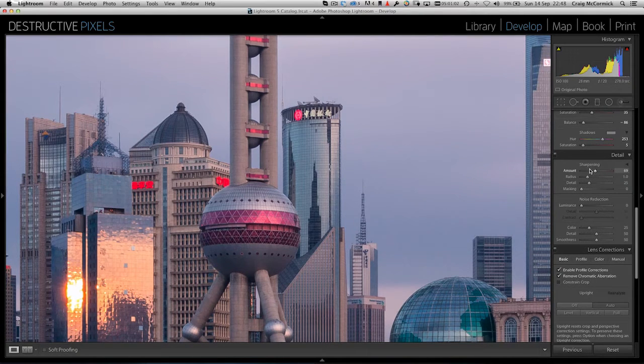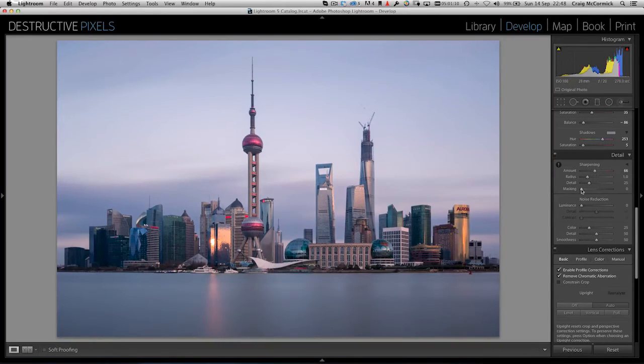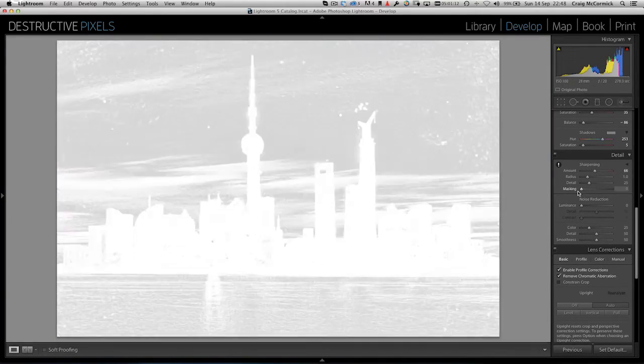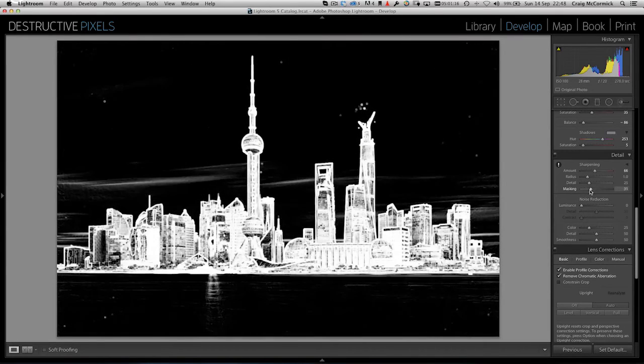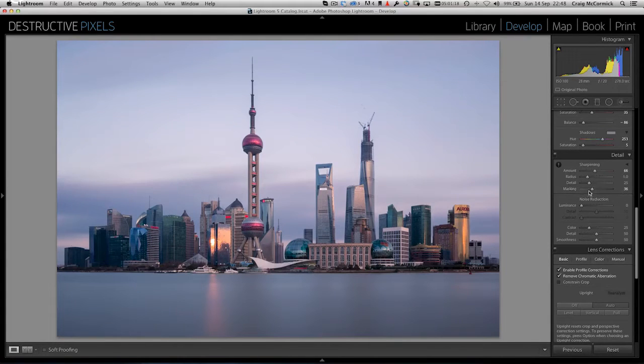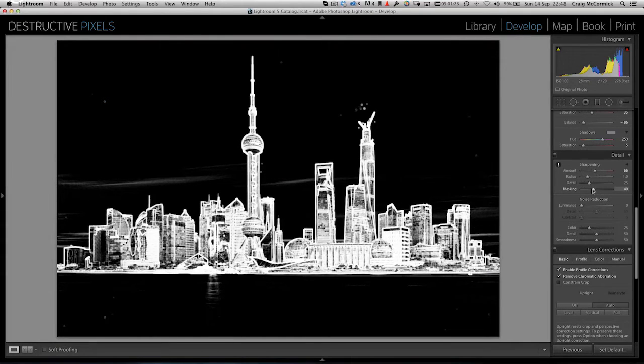I'm shooting on a Canon 5D Mark III with their 16-35 lens. I just want to back off on that sharpening a little bit. One thing I am definitely going to do here is masking. So I'm holding down my Alt or Option key, and I'm just going to drag to the right until you can really see all the detail in the buildings there, because basically it's a mask. Anything white is being sharpened, anything black is not being sharpened, and you can see all those